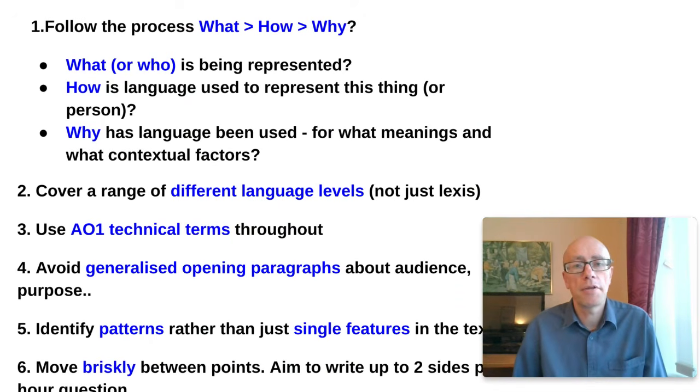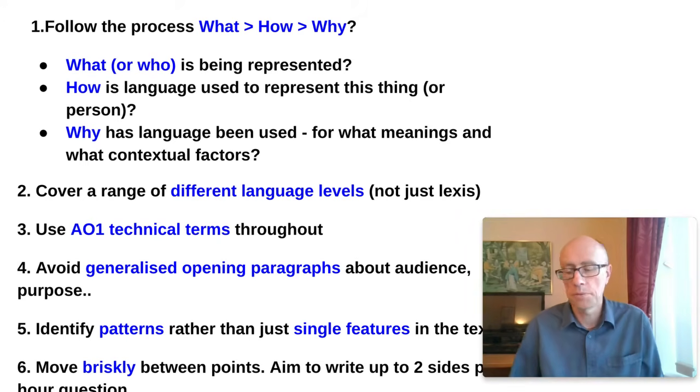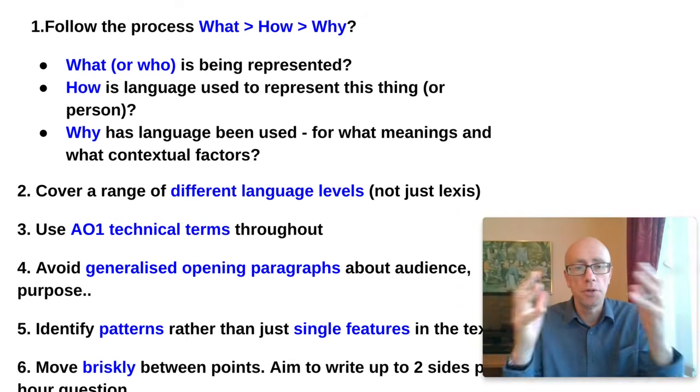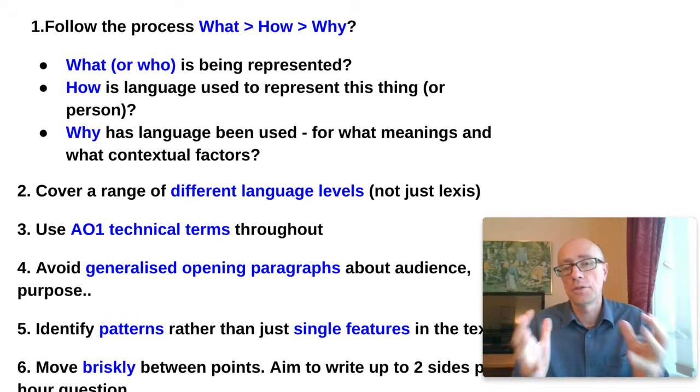Okay, so this is the process of how you're doing this. Firstly, in terms of representations, you need to be thinking what three or four things are being represented in this text: things, ideas, or people. So, what or who is being represented? And then for each one, you need to be thinking, well, how is language being used to represent this thing? And then you need to be answering the question, why? So, why has language been used? So, we're going what, how, and why. And if you can do that in each paragraph following that process, then that's a good way of tackling this